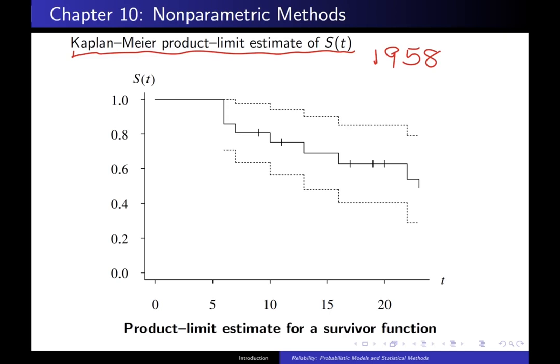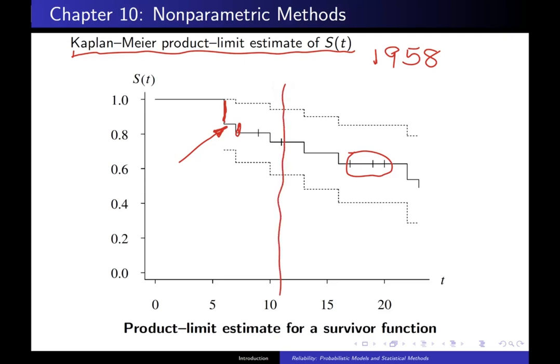The way the Kaplan-Meier estimate works for S of t, this solid step function here is the point estimator of the survivor function. And as you can see, it has various heights to the steps by which it decreases. Part of that is because of tied values. The other reason the height of the steps differ are these hash marks here, and those hash marks correspond to right-censored observations. So the solid curve here is our best guess for the survivor function. And the dotted lines are